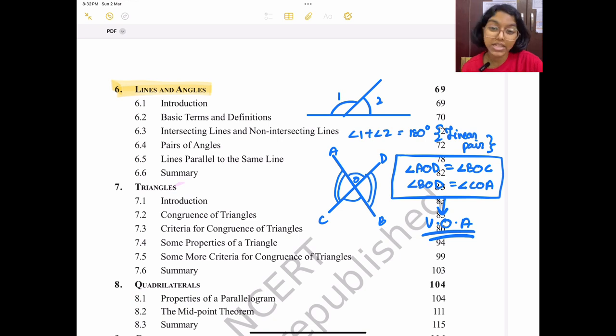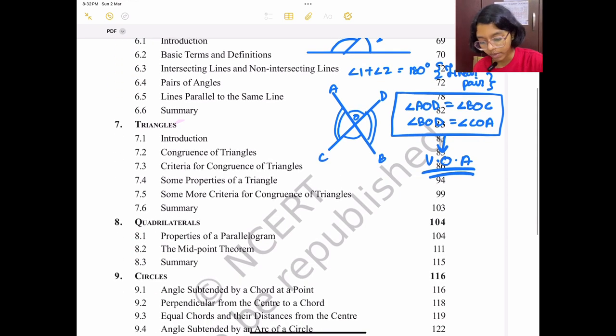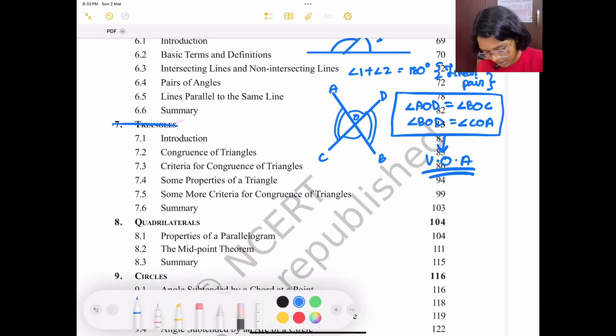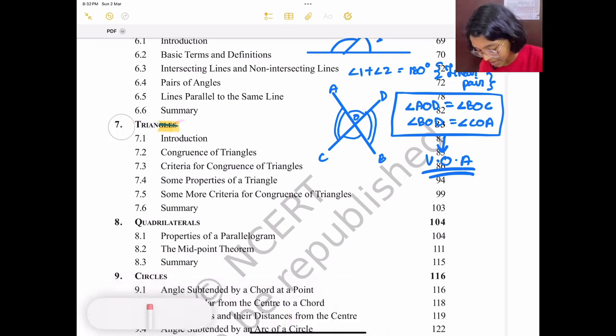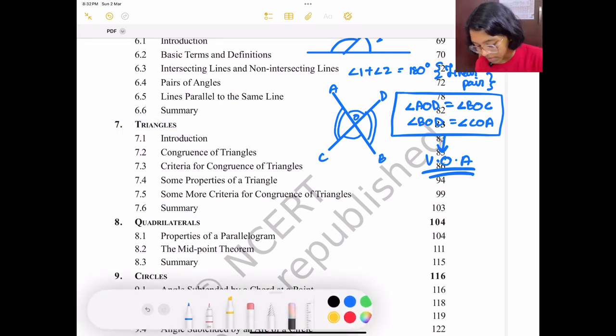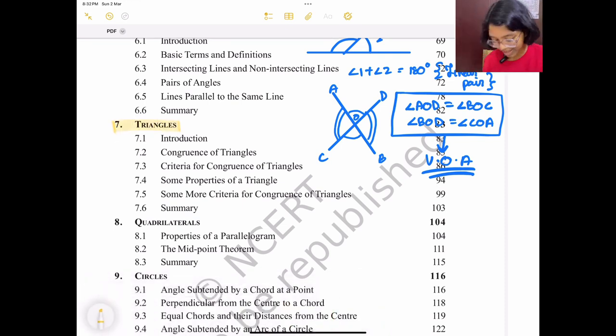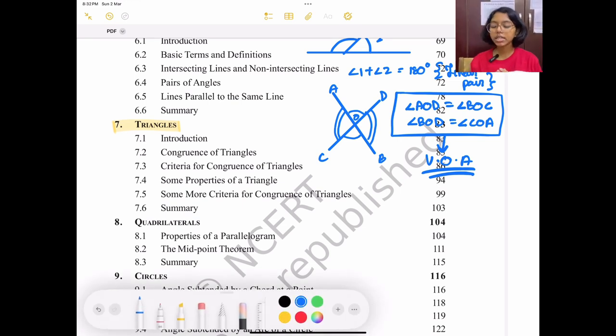Okay, and there are also basic terms and definitions as well. You need to learn that from the chapter. Okay, now we have triangles. One second, let me just rub this for you. Triangles. So here in the triangle chapter, we don't have any formulas, but we have congruency rules, which you